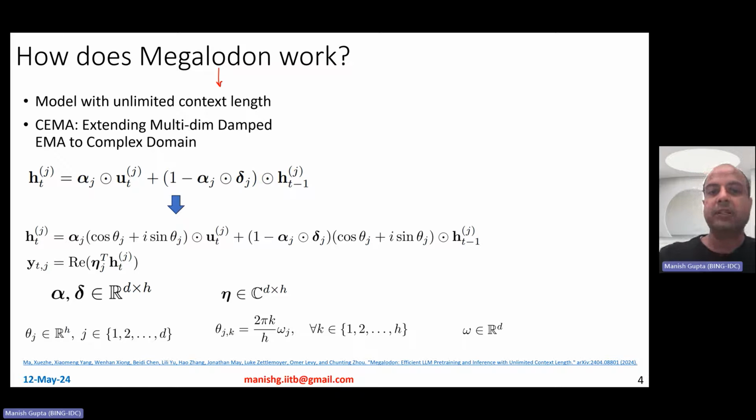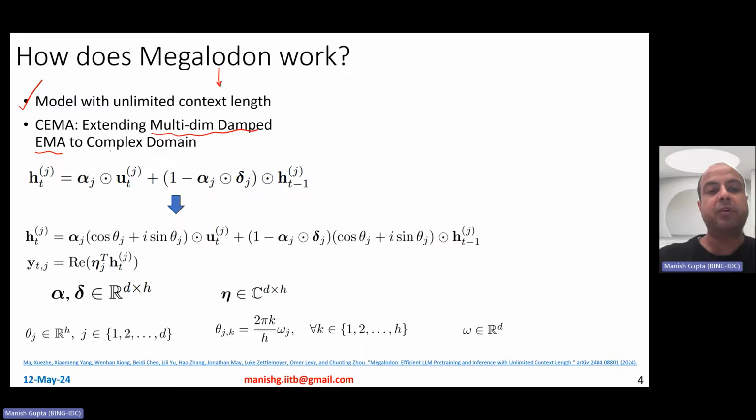So what is Megalodon? It is basically a model with unlimited context length. You don't need to worry about the overall size of the input. Llama 2 can only take a context length of 4K, but Megalodon can potentially take a context length of millions. Now, it basically extends this